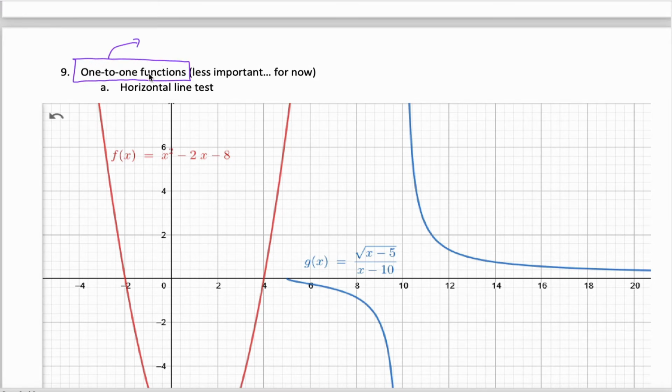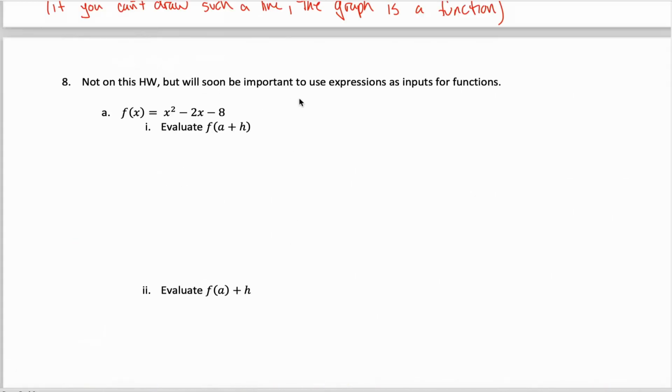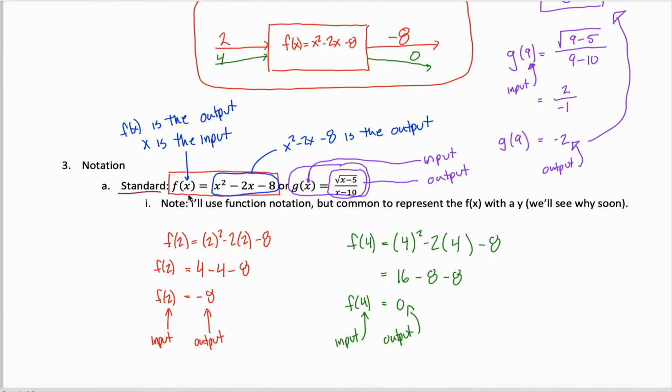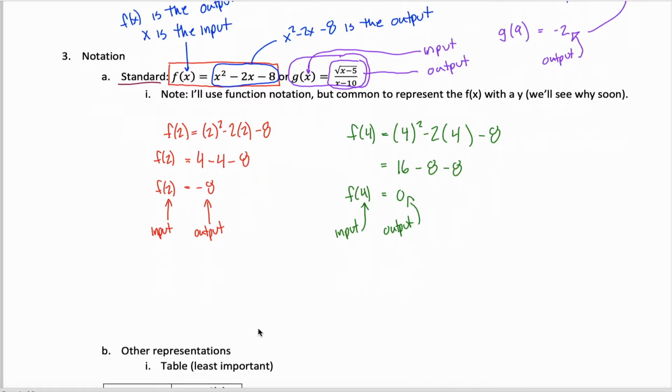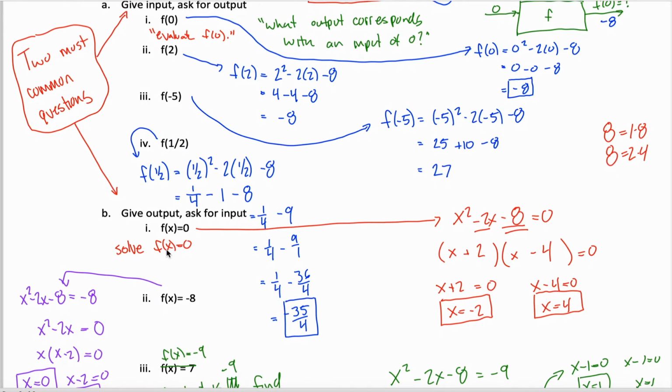I could give you a definition of a one-to-one function, but you end up with a lot of negations, kind of double negatives in there, and it gets really confusing. So I think it's easier to understand what is not a one-to-one function. A function is not one-to-one if there are two different inputs that correspond with the same output. I think most of the functions we've seen so far fit that bill, right? This first function, f of x equals x squared minus 2x minus 8. When I asked you to solve f of x equals 0, I'm asking you what inputs correspond with an output of 0. And because you provide for me two different answers, -2 and +4,